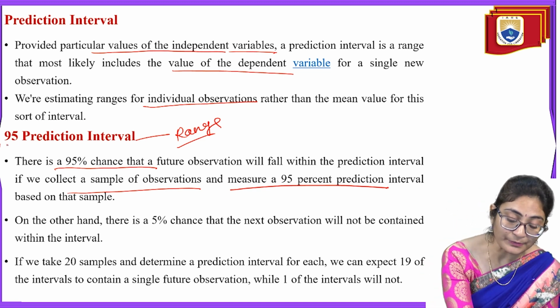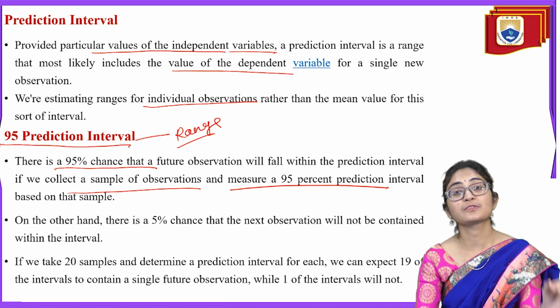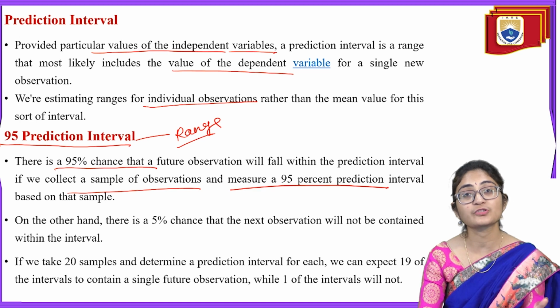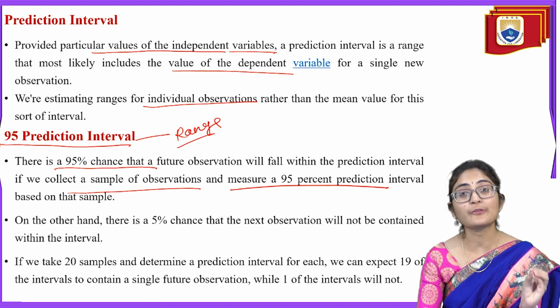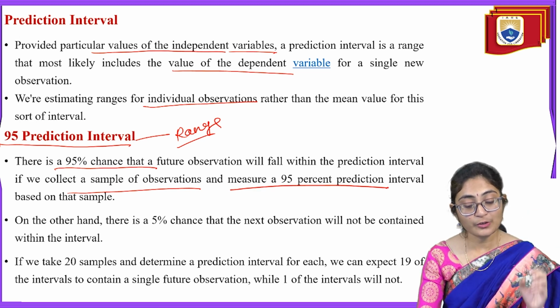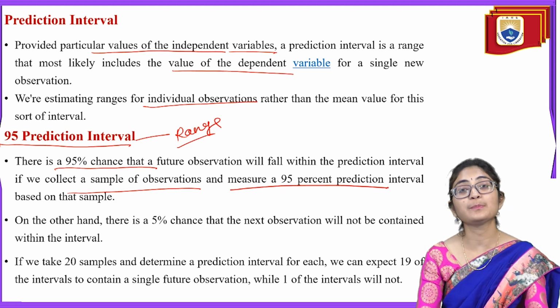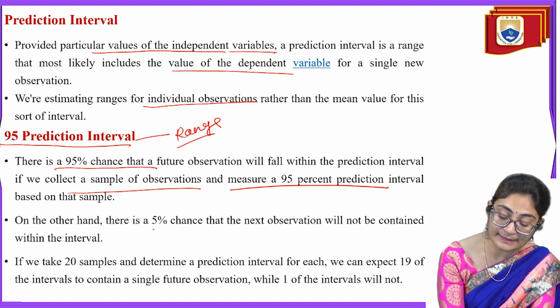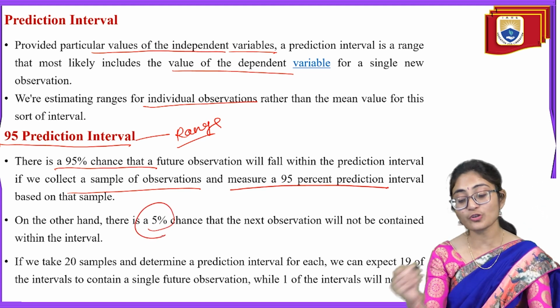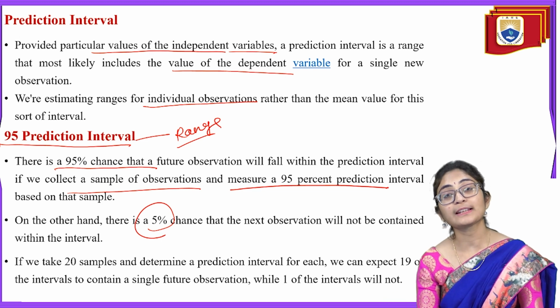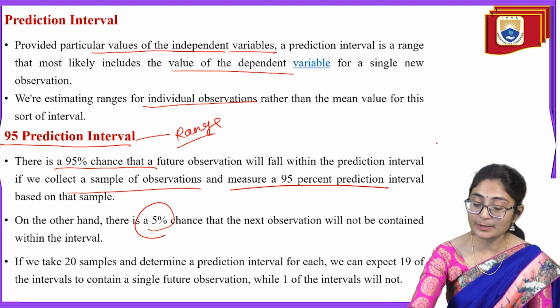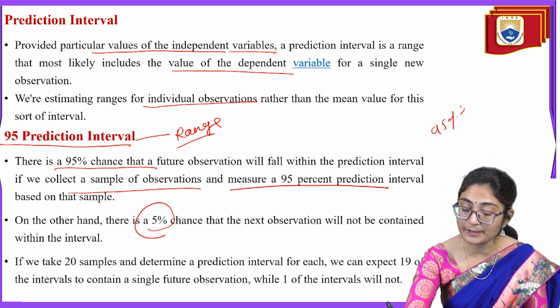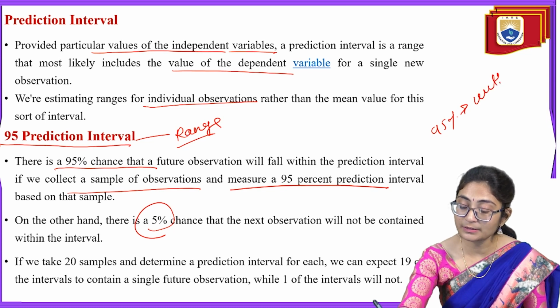What is meant by a 95% prediction interval is there is a 95% chance that whatever you have observed will be your output. That means 95% of your output will be correct. And on the other hand, there is a 5% chance that the next observation will not be contained within the interval. That means 95% will be within the interval